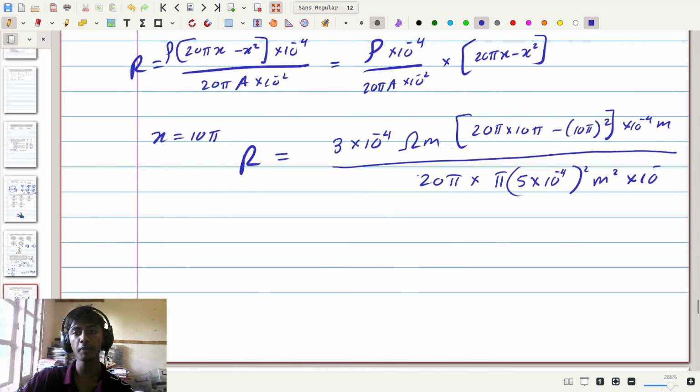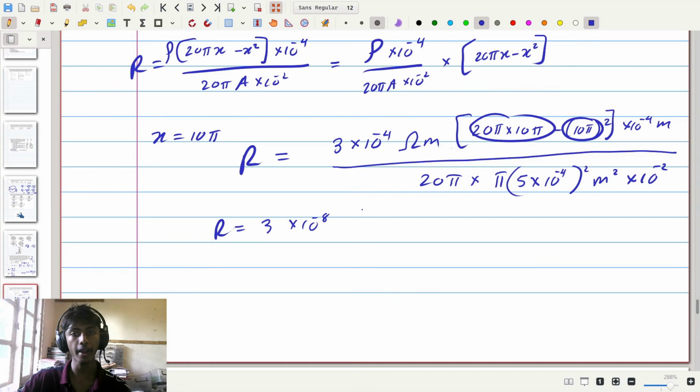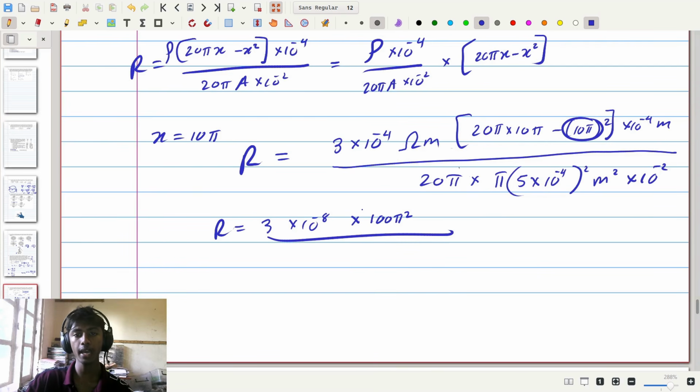So this is the expression for the maximum value of R that we can get in this situation. Now simplifying, we can see we get R being equal to 3 times 10 to the minus 8 times 20 pi times 10 pi or 200 pi squared minus 100 pi squared or 100 pi squared, so times 100 pi squared divided by, and as denominator we have 20 pi times pi or 20 pi squared times 5